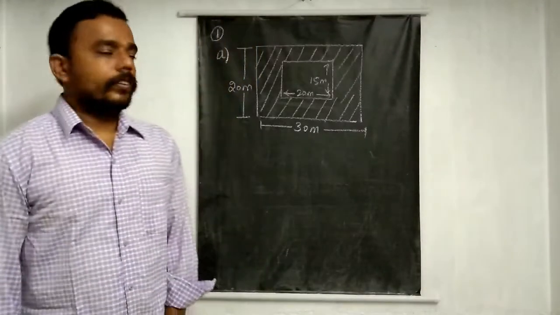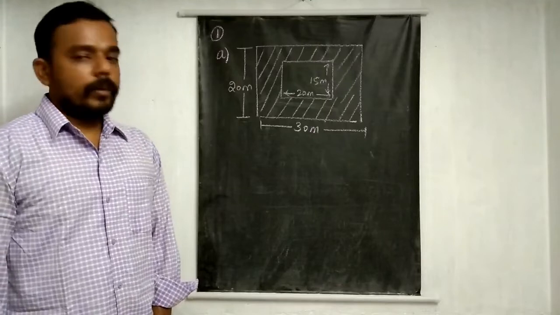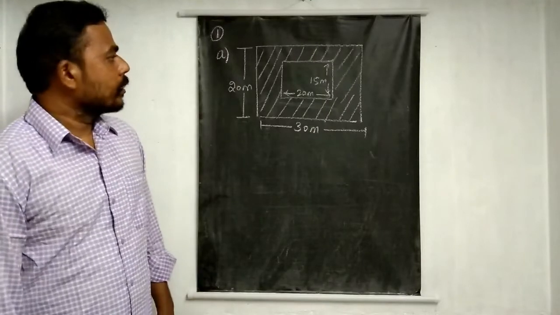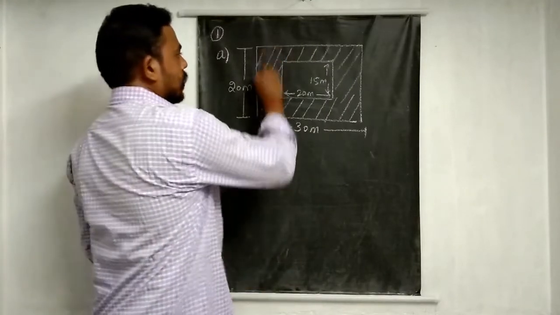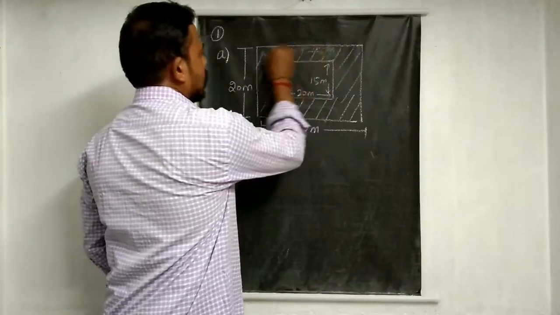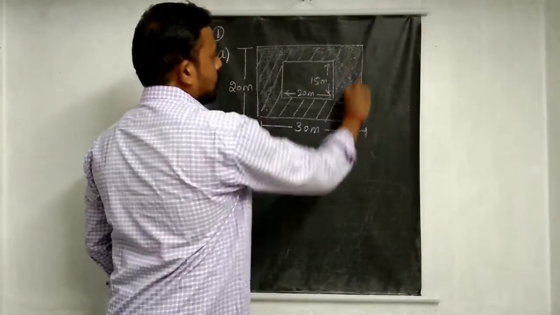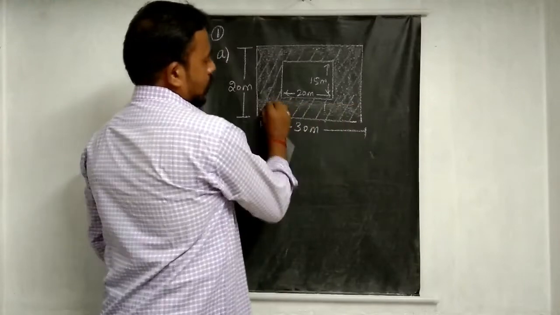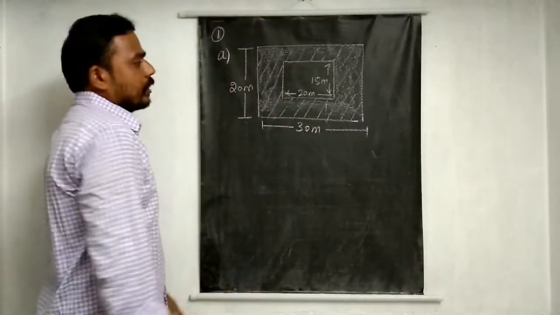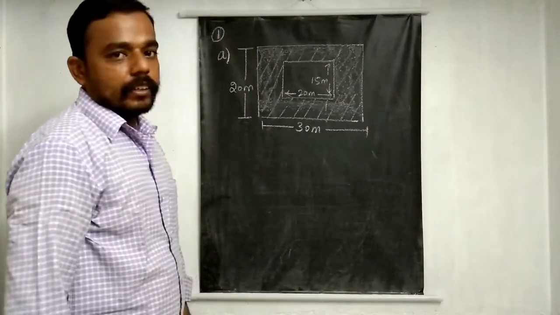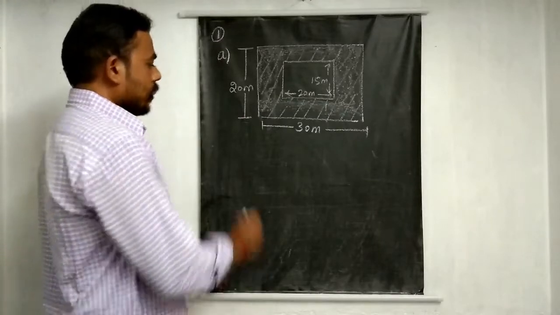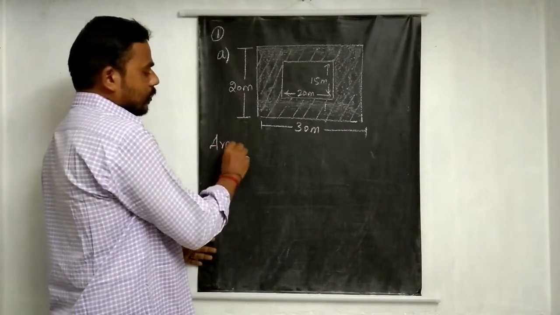Now we are going to discuss some extra problems. First problem, find the area of the pseudo-order region. This is the pseudo-order region given. We are going to find it using area. So the area of the pseudo-order region equals